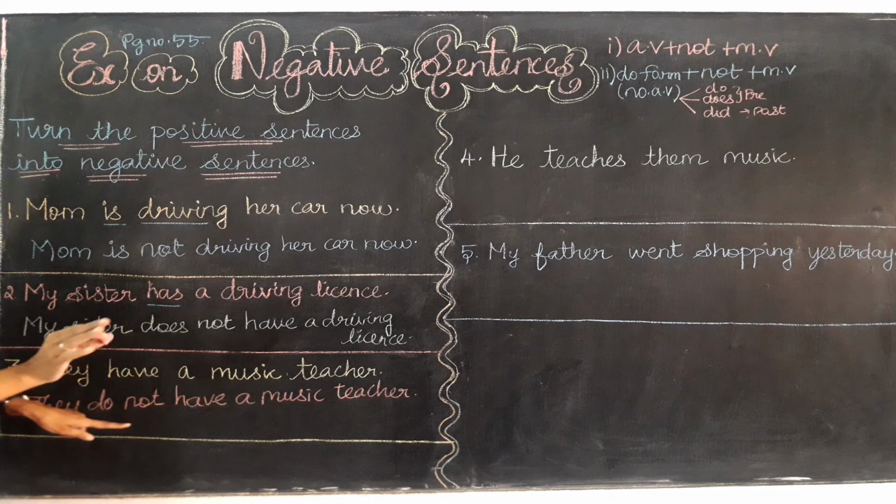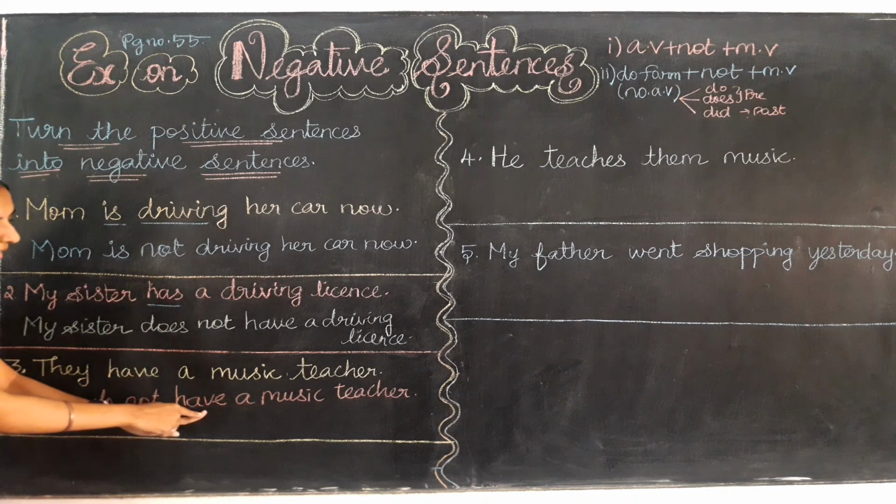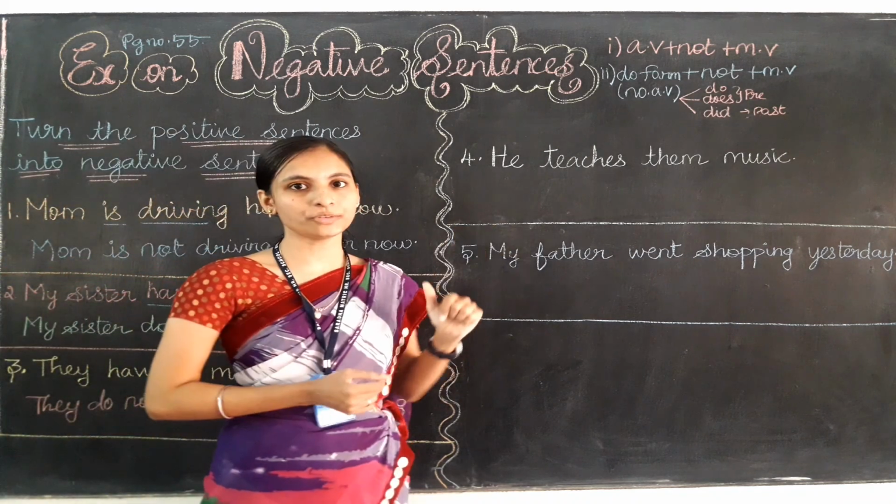Okay, so remember that there is no auxiliary verb. That is why we have used the do family verb. It talks about the present, so we have used do, and for the subject they, we have written not and this have. Normally we need to write have only when we are using do, not the second rule here. So have a music teacher is the correct answer. Okay, so now let's do the fourth one.